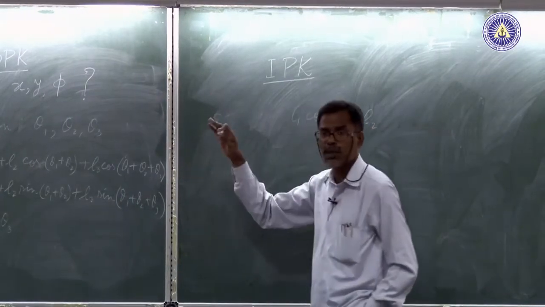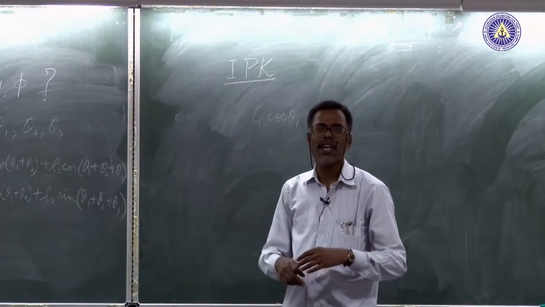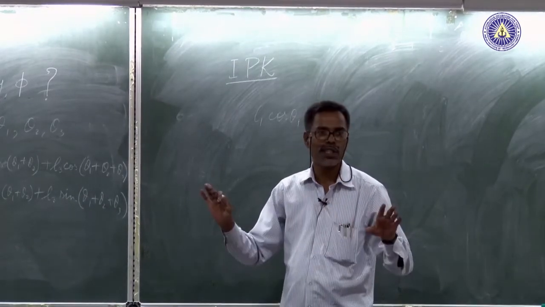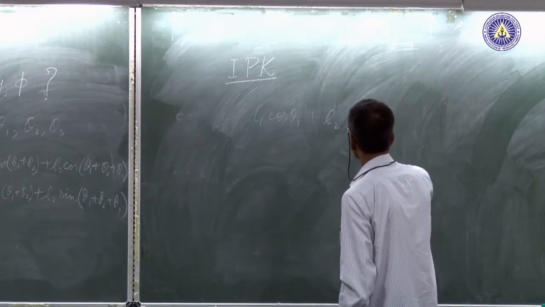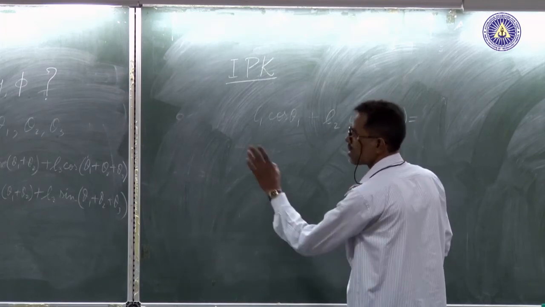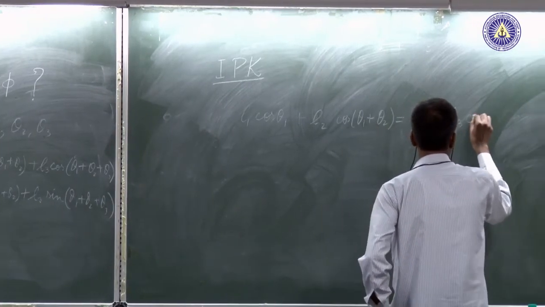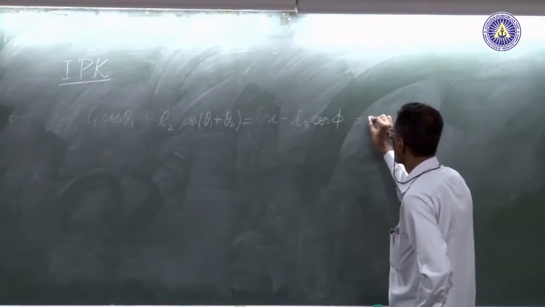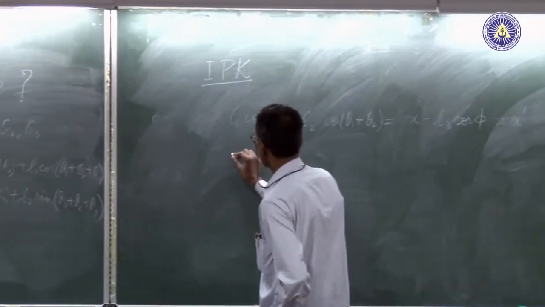This entire business could be done with the help of those 4 by 4 homogeneous transformation matrices and so on, but that will unnecessarily clutter the whole space. For planar problems, there is absolutely no need of going to all that paraphernalia. This is x minus something. Call it x prime for the time being. Similarly, from the second equation,